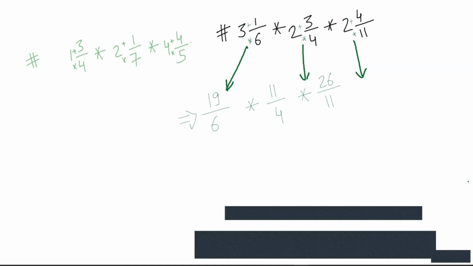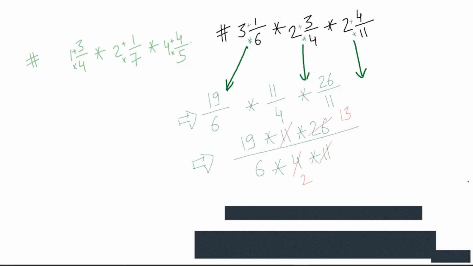Yes. Okay. After this, I can write this as 19 into 26 whole upon 6 into 4 into 11. Mr. Sarthak, is it okay? Yes, sir. Okay. What are the common factors that you see? 11 and 11. So I can cancel 11 and 11. And then I see a common factor between 4 and 26, or maybe 6 and 26. So 2 into 13.